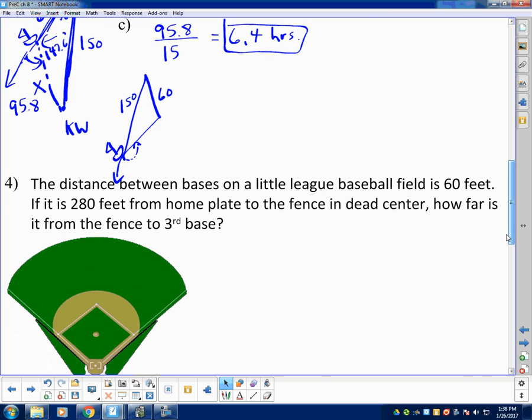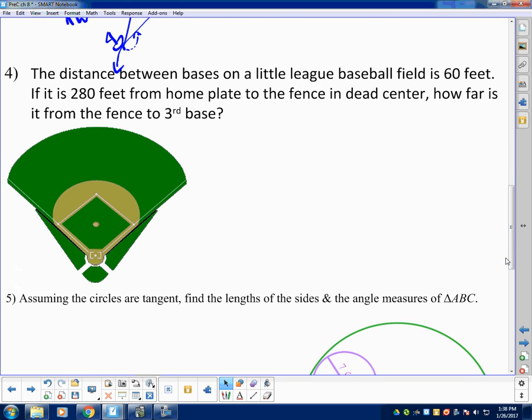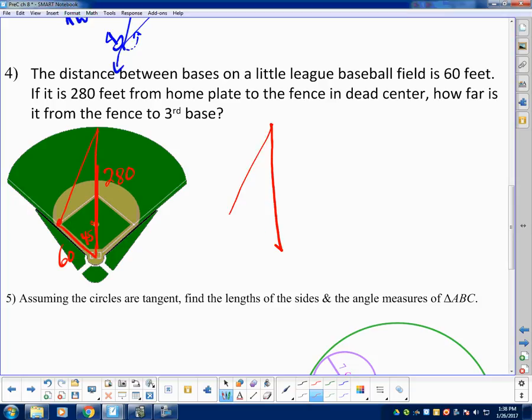All right, so here we have a baseball diamond. We've got right here is 280. We've got the distance from here to third base we're going to find. We've got the distance from third base to home, which is 60. We know if we split this 90 in half, we've got a 45 degree angle here. So I might want to pop that out here. Here's what we have. 60,